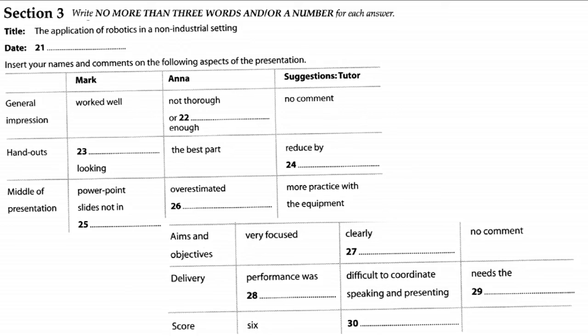And which do you think can be improved on? Well, everything could have been improved on. I felt very good about the handouts. We'd spent a lot of time putting them together. They had a very professional appearance as we bound them into a booklet. To me, the handouts were the best part, as we had a very extensive bibliography and the booklet seemed to